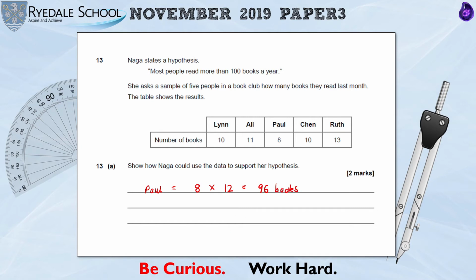Okay, which means all of the other 4 people, when you times their numbers by 12, they would be reading 100 books or over 100 books a year. Okay, so I would say 4 out of 5 would be over